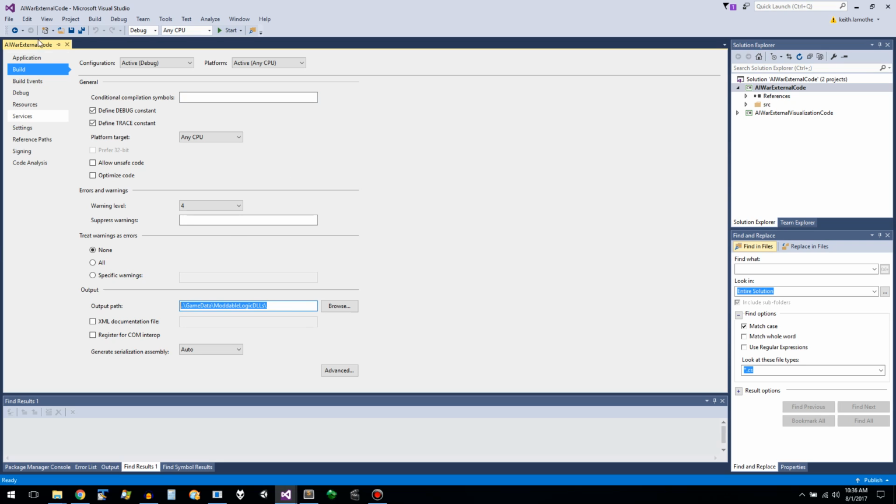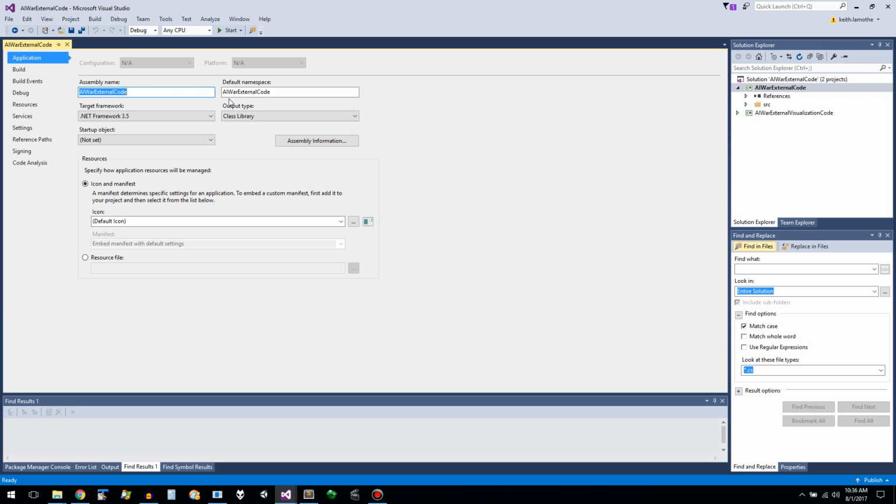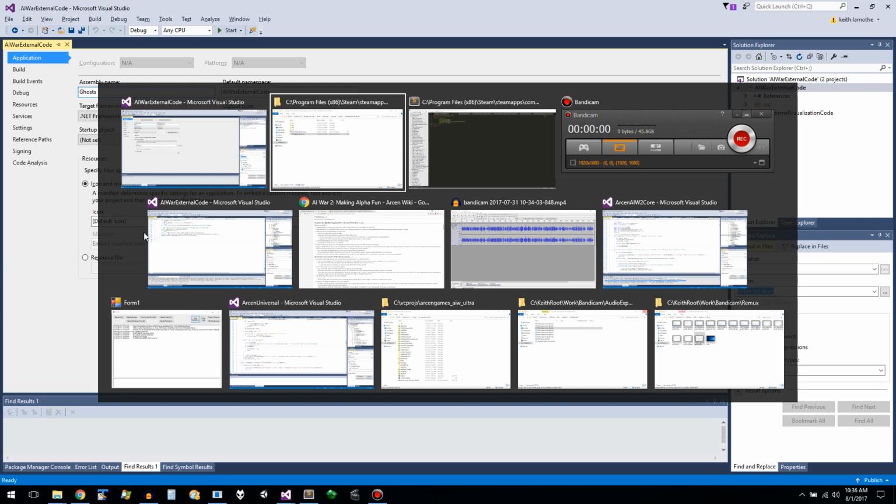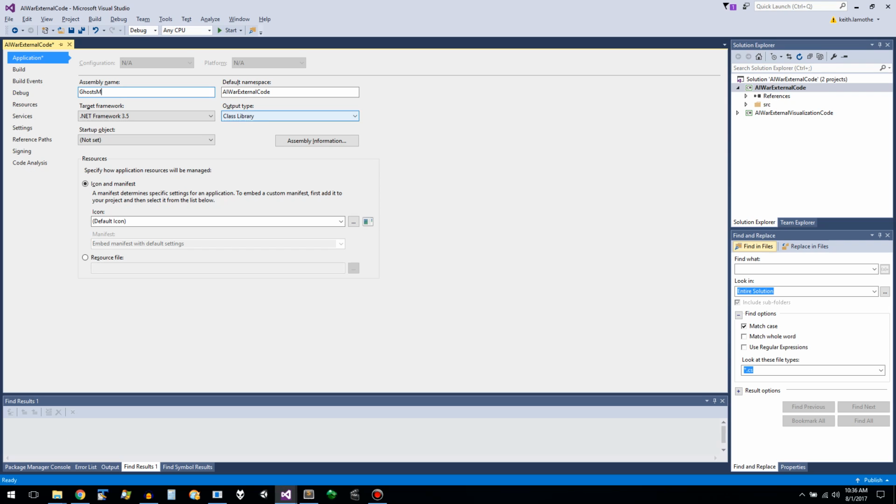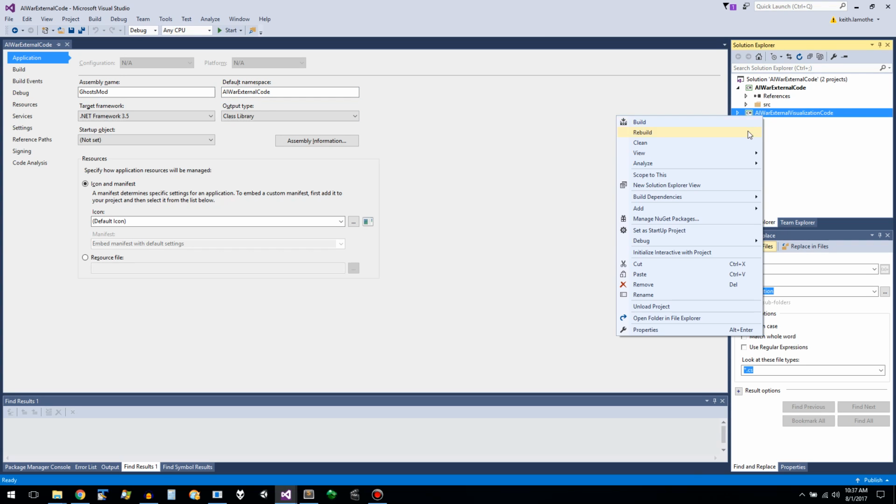Alright, but I want to change this to ghosts. What do we call it? Yeah, ghosts mod. So that's the assembly name. That means the name of the DLL file that's outputted will be that. And that's what we want. Okay, yeah, this needs to... Yeah. We're going to remove the